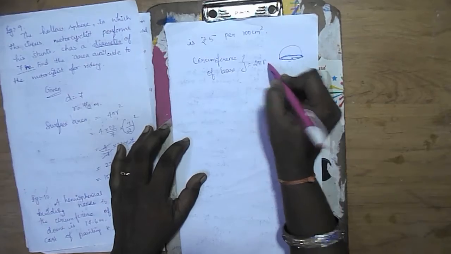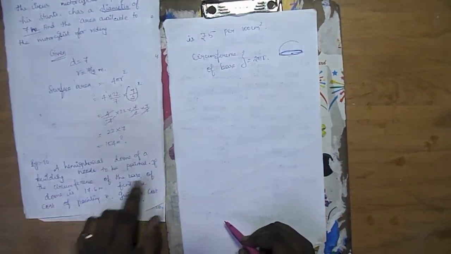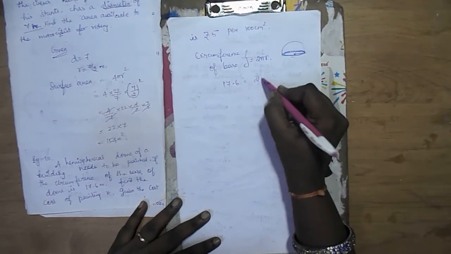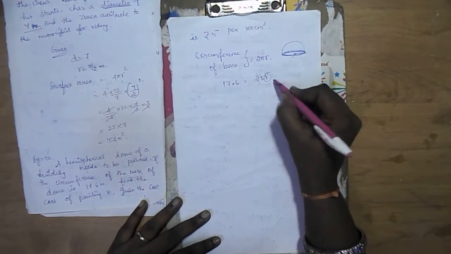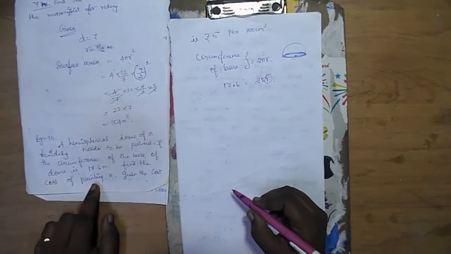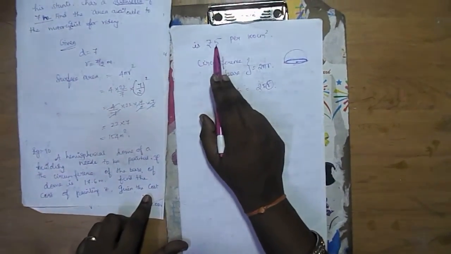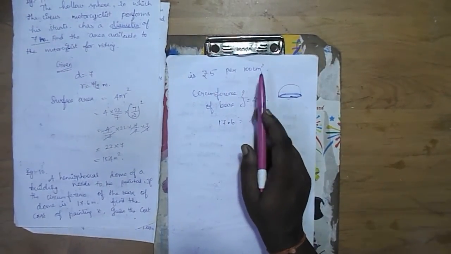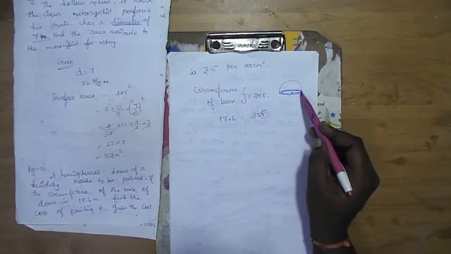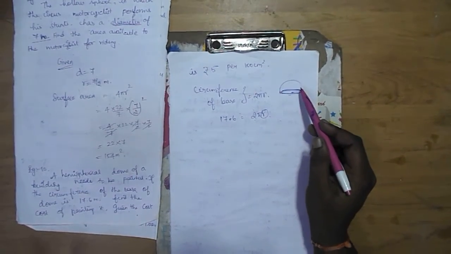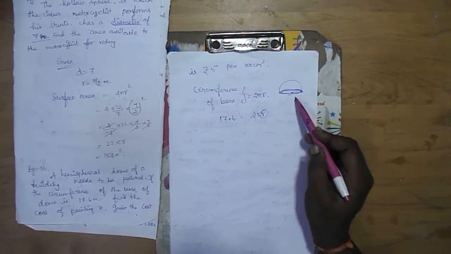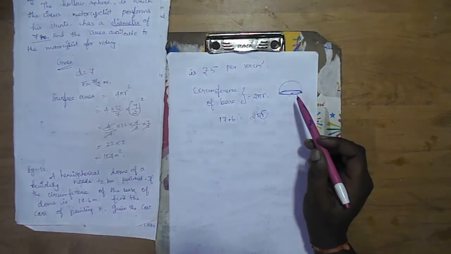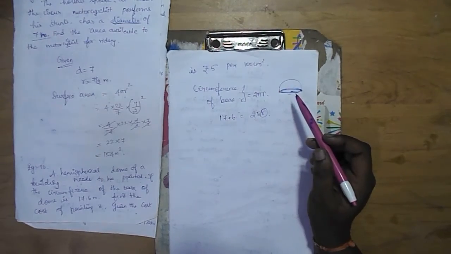2 pi r. Okay, so circumference of the base value is 17.6, so 17.6 equal to 2 pi r. We need to find out the radius value because we need to find the cost of painting. The cost is rupees 5 per 100 centimeter square. So for painting we need to find out the CSA of the given dome, that is hemispherical dome. So CSA formula is 2 pi r square. So we need to find out the radius value.